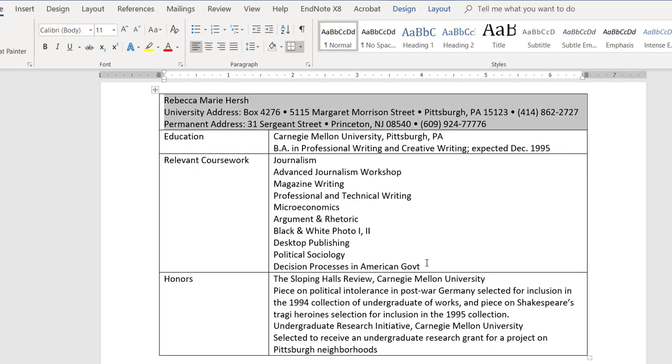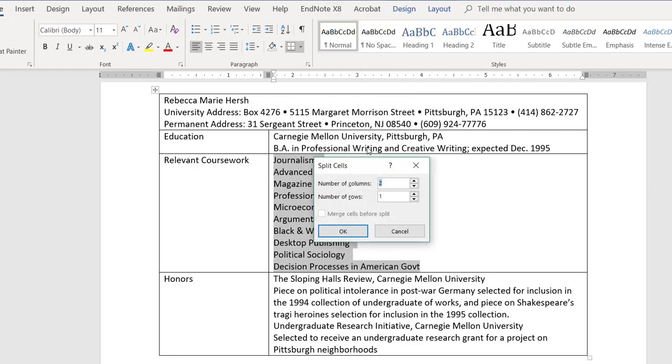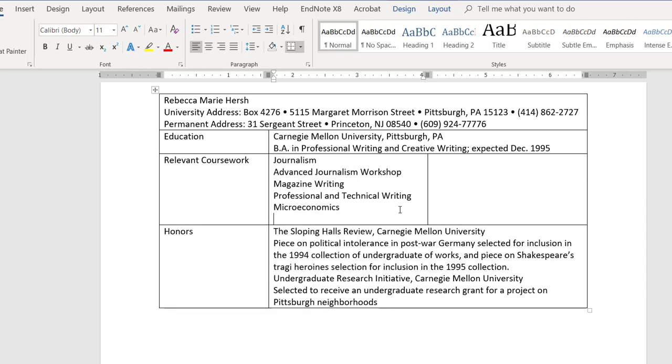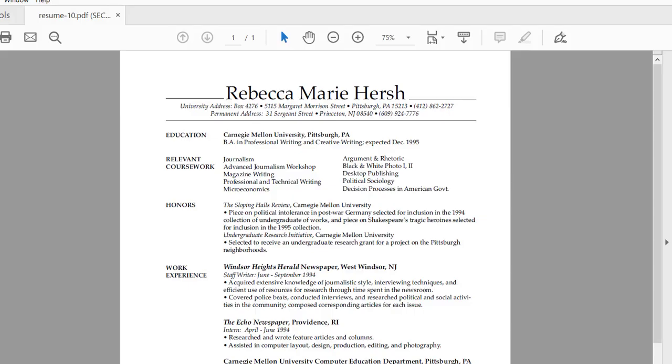All I'm going to do is highlight this particular cell that has my relevant coursework. I'll right click again, and this time I'm going to split cells, and that will give me the option to add a number of columns or rows to this particular cell. I'm just going to add 2 columns, and then I'll move this information here so that I can divide it into 2 columns. And so you can see, just using basic rows and columns, I begin to create the look